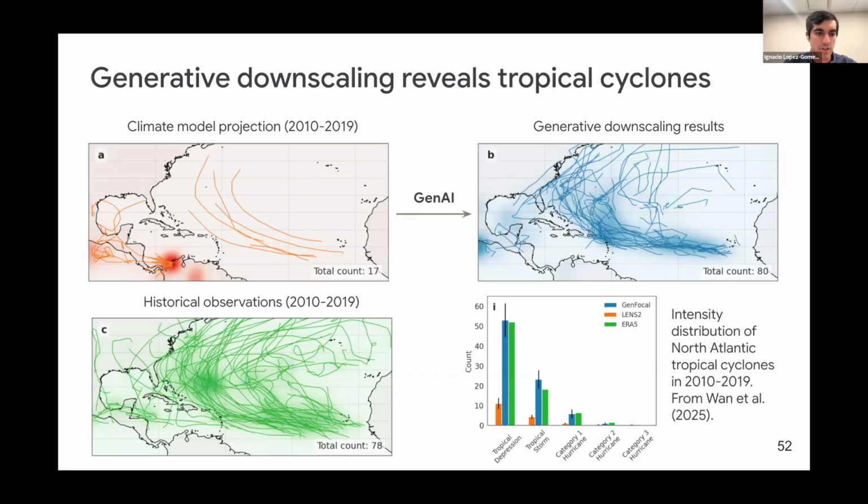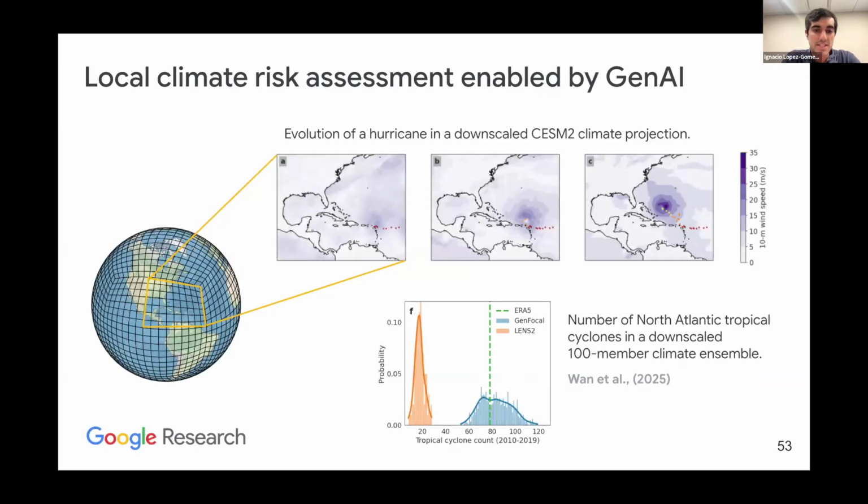And indeed, what we observe from some of our experiments at Google is that these methods can actually capture well both the frequency and the intensity distribution of these phenomena, which is important for climate risk analysis. And so with these examples, I hope I've convinced you that generative AI methods are already revolutionizing the field of climate downscaling. And they are doing this thanks to their inherent ability to really capture complex correlations in high-dimensional distributions,